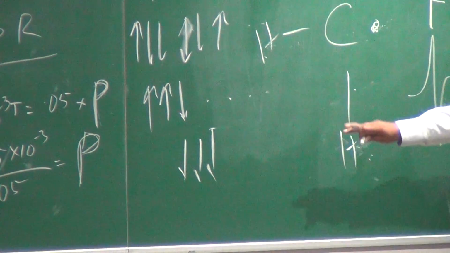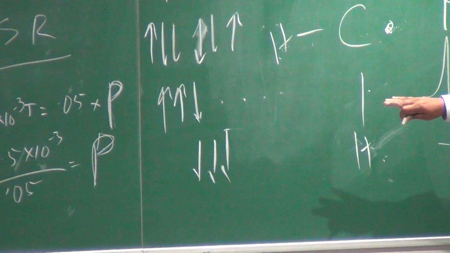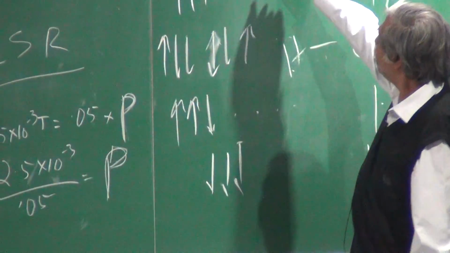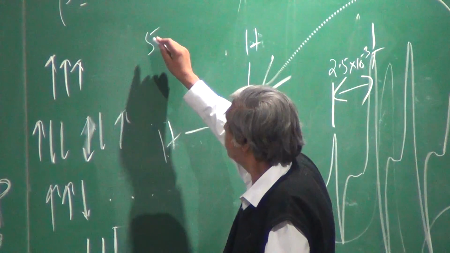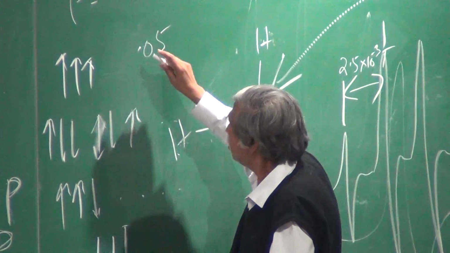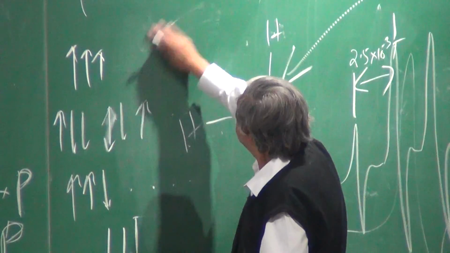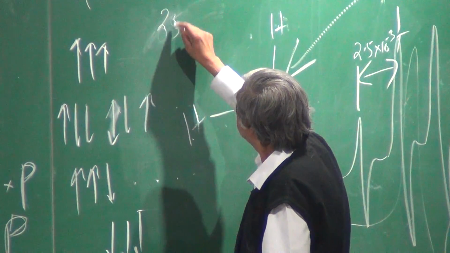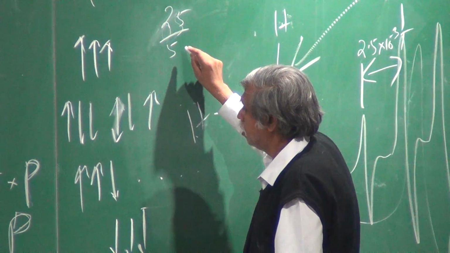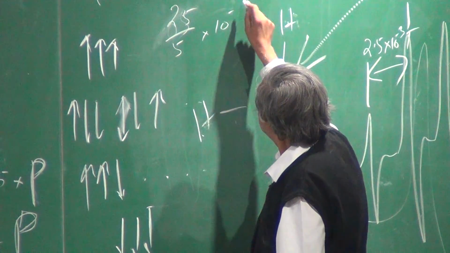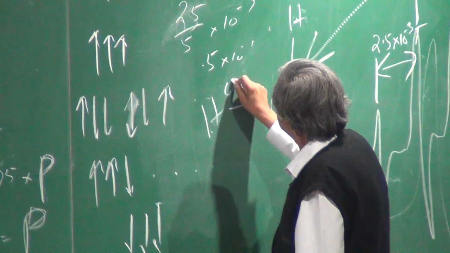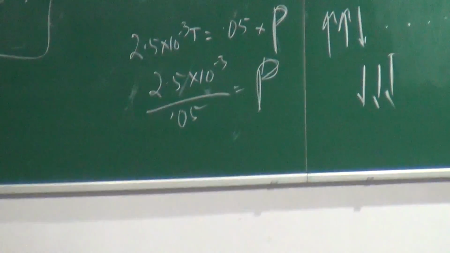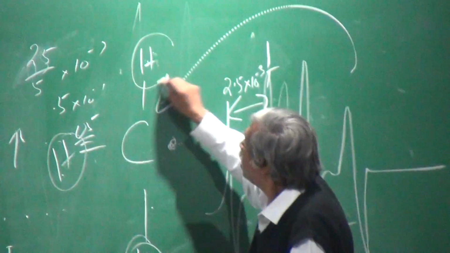Now this is how much? About 0.05. So it's 0.05 on this hydrogen, 0.05 on this hydrogen, and 0.05